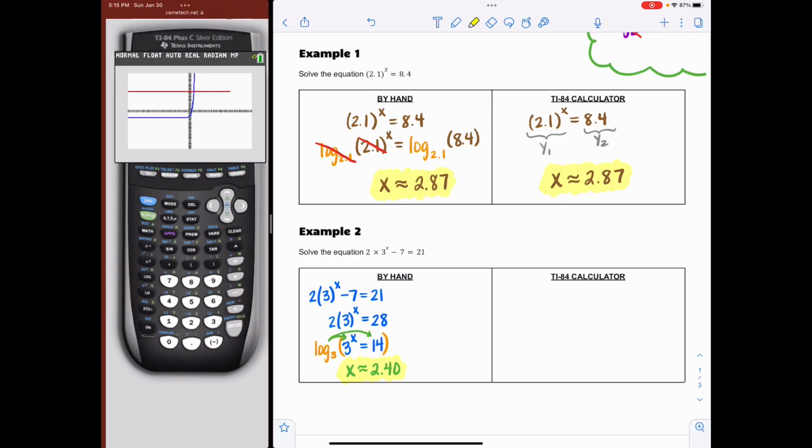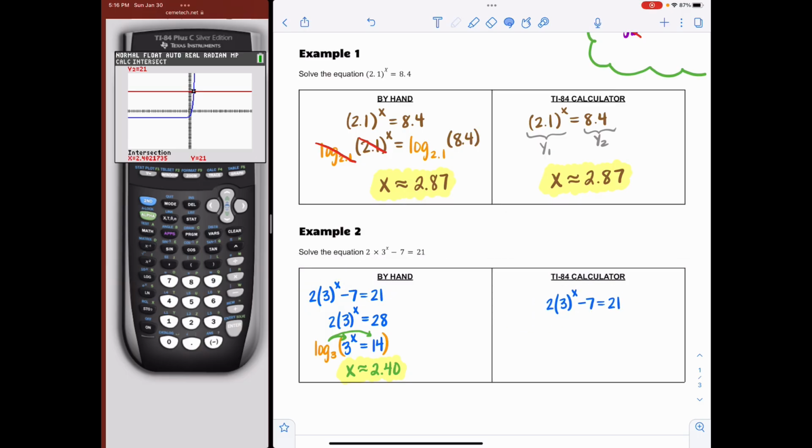All right, so now I see both colors pop up, and I see where the intersection is. So I can press second trace, go to number 5, get as close as possible to the intersection, and press enter 3 times. And you will see that the x value is approximately 2.4, like we already said. So please make sure you understand that doing it in the calculator is easy, just like we've done the rest of our